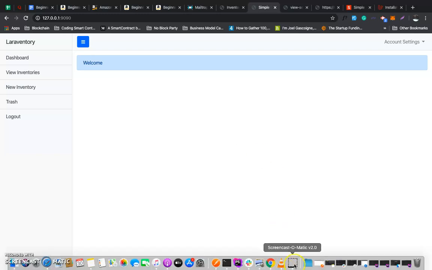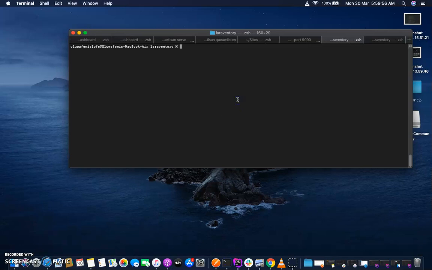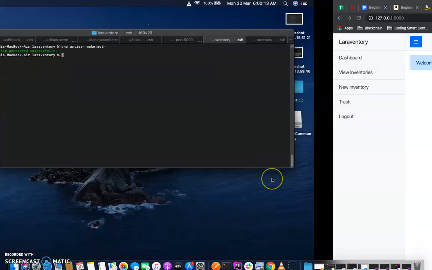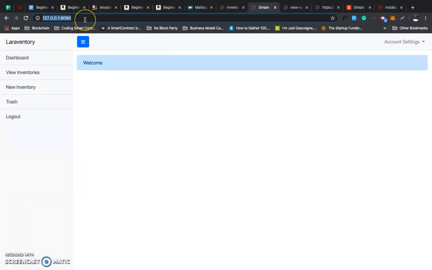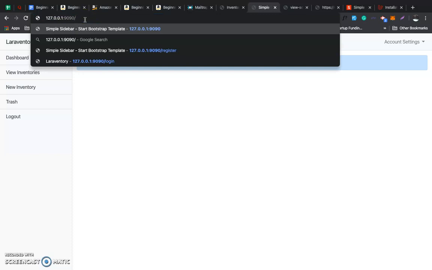So head back to your terminal. Right from your inventory project directory, run the command php artisan make:auth. Authentication scaffolding generated successfully. So if you go to /login,